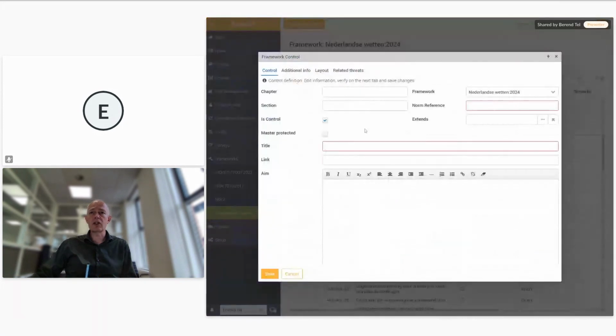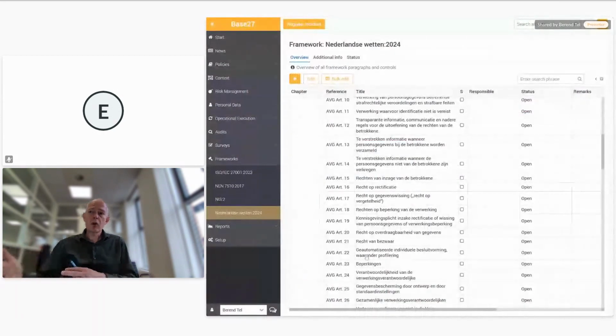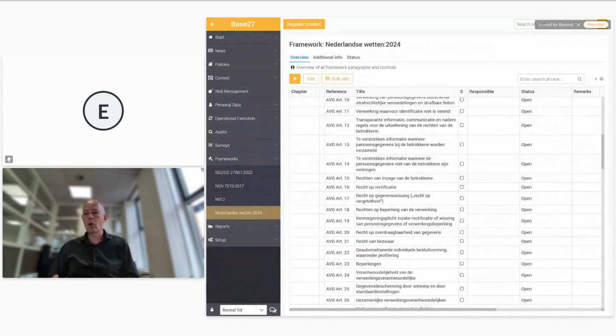If you click it, you can create your own controls, adding to the framework, that might identify laws that are specifically applicable to your own organization. So it's extendable, and as such, it's a flexible framework to make a good implementation of your laws and regulation